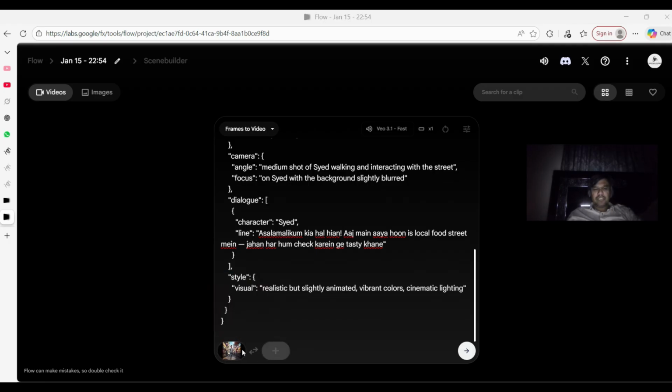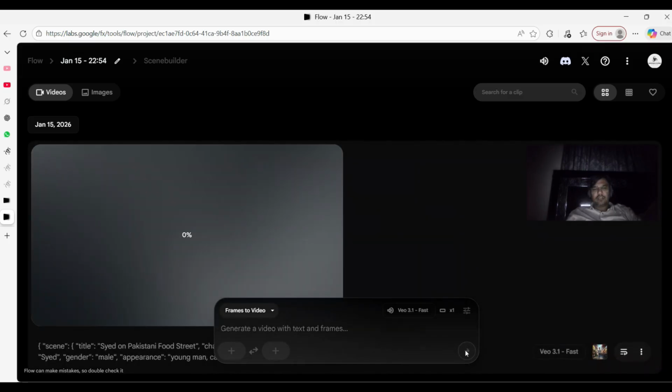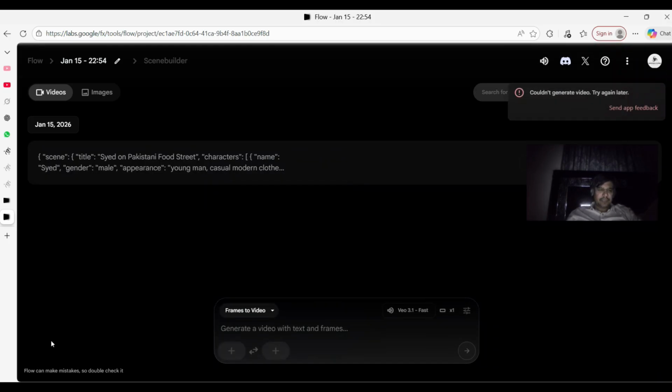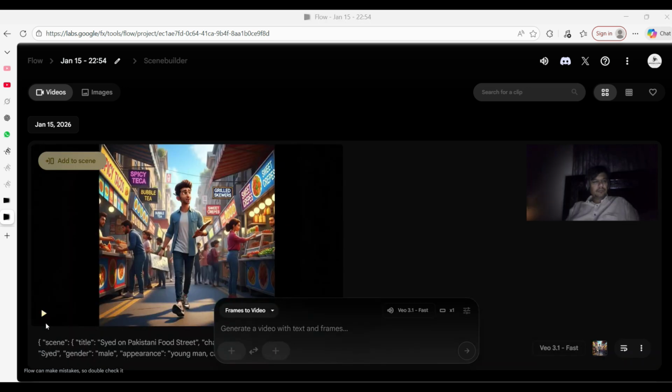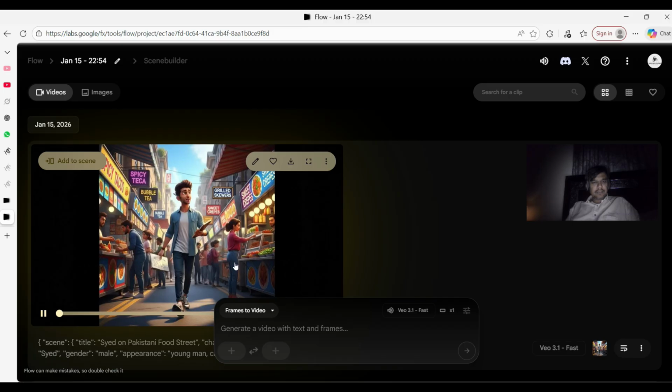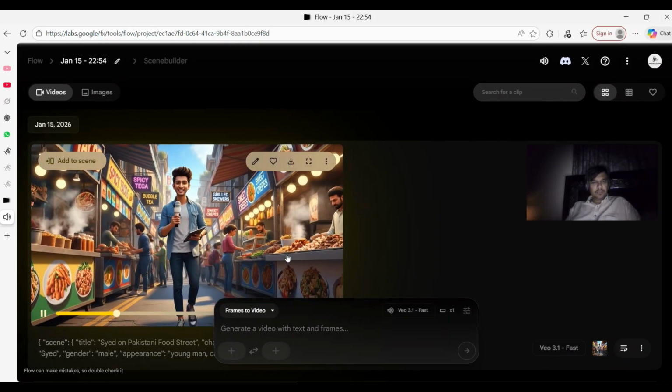You can see the image has been uploaded, and this white arrow is enabled. Just click on this arrow and your video will start to generate. So just wait for a few seconds. So guys, you can see now the video has been created.